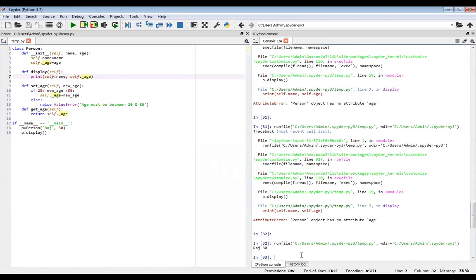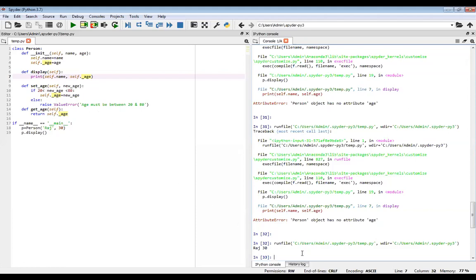So here, without using property, we'll understand the same concept. Suppose I want to access the value. In the output, this display method displayed Raj and 30. Now we have used two concepts, that is the setter method and the getter method.